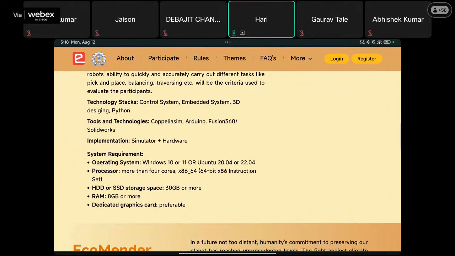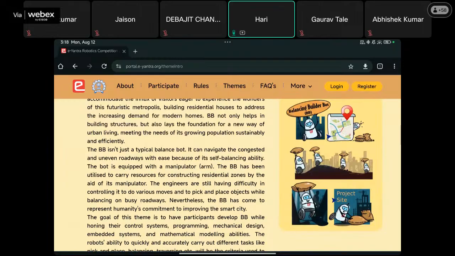Apart from it, we have balancing bot based on control system and